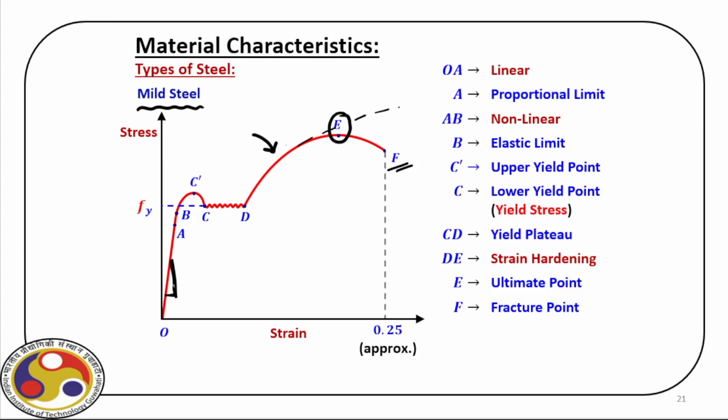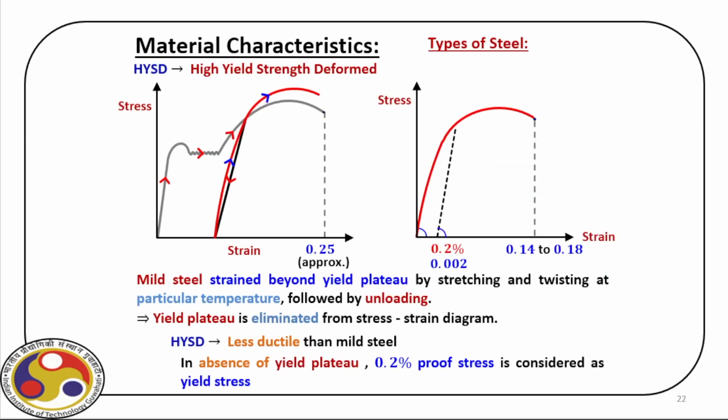We do not use mild steel in limit state design as we did in the examples of the working stress method. In case of limit state design, we prefer to use what we call HYSD bars. HYSD stands for high yield strength deformed bar. Now, these bars have a stress strain behavior, as you can see here. Again, the limits are here, as you can see on your screen. So we have 0.2% strain. At the time of failure, we have this from 0.14 to 0.18.